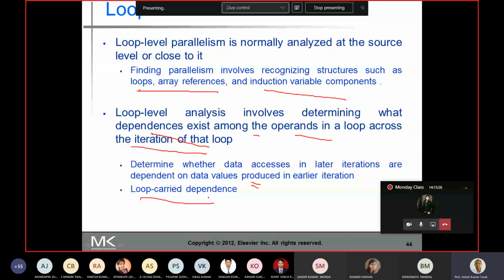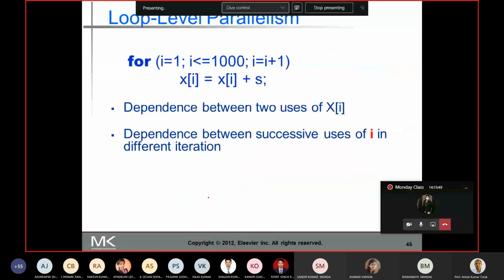Then the amount of parallelism that can be exploited is going to reduce. It is possible to overcome this loop carried dependence by rearranging or modifying the code. Now let's take this example.